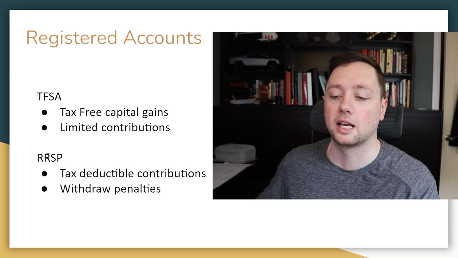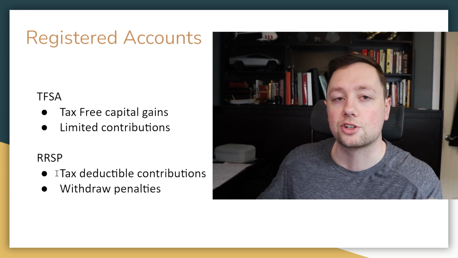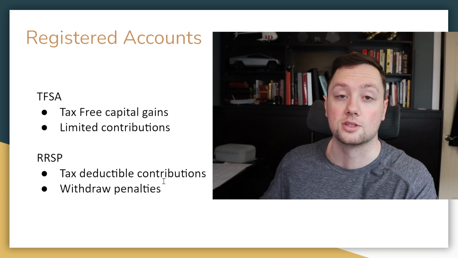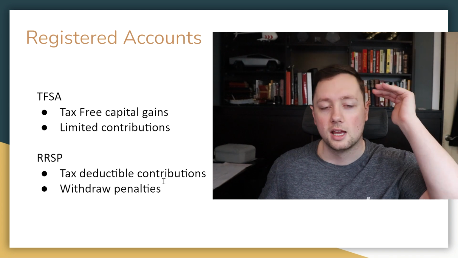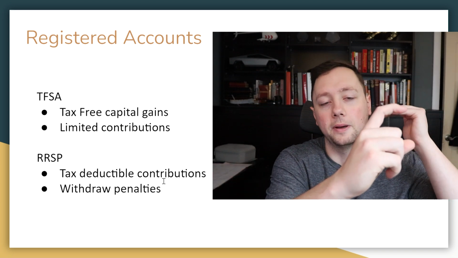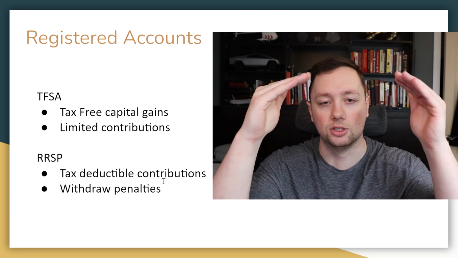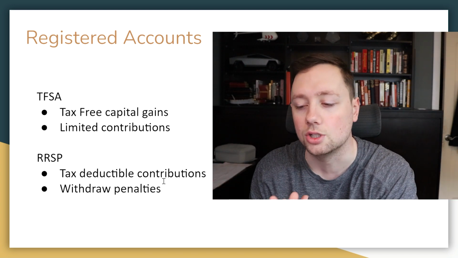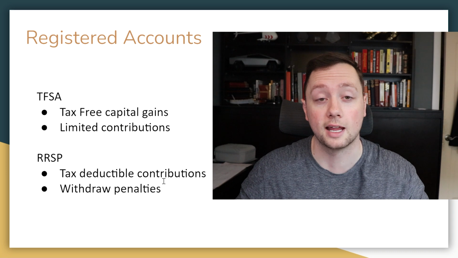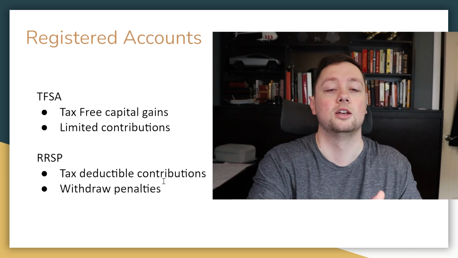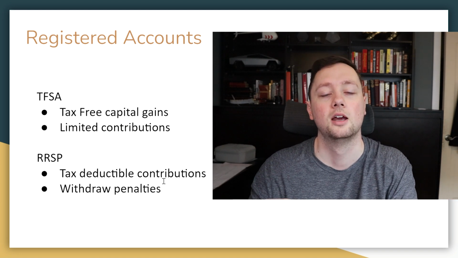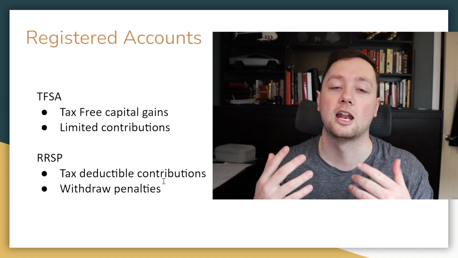Now, the second type of registered account here is called the RRSP, and this stands for Registered Retirement Savings Plan. And what's really nice about this is that it is tax deductible contributions, meaning that if you make $100,000 this year and you put $20,000 of that towards your RRSP, you're only going to have to pay tax on $80,000. And so it can reduce the overall tax that you pay, and it's a huge, huge advantage if you make a lot of money. So if, for instance, you're in the 42% tax bracket right now and you make an additional $20,000, you would have to pay 42% tax on $20,000. But if you put that towards your RRSP, you can reduce your tax by $20,000, and it makes a massive, massive difference.